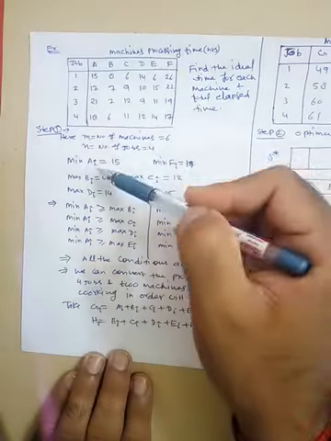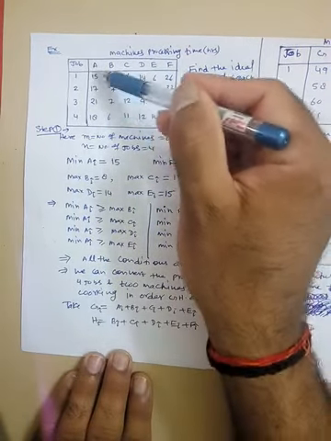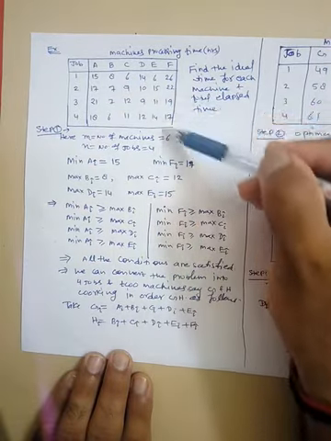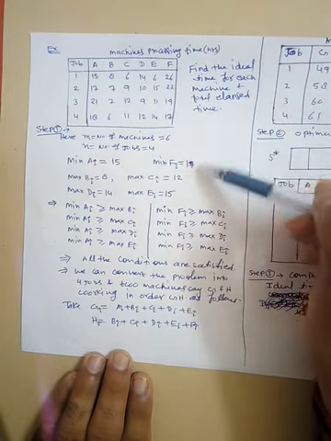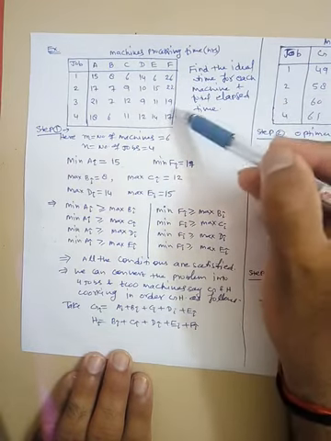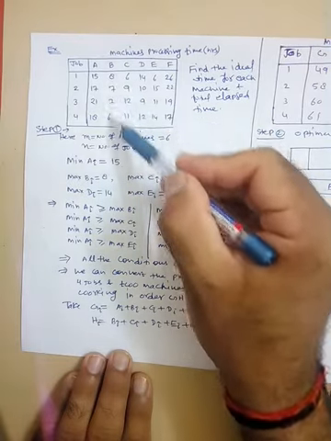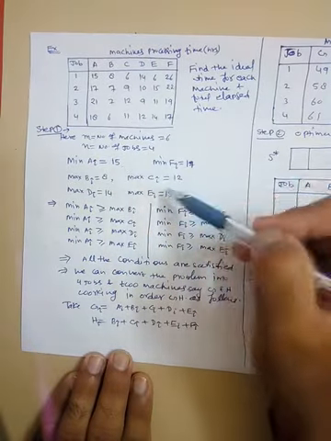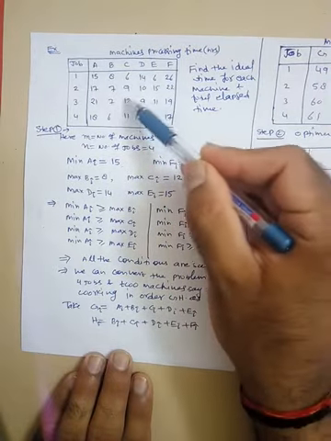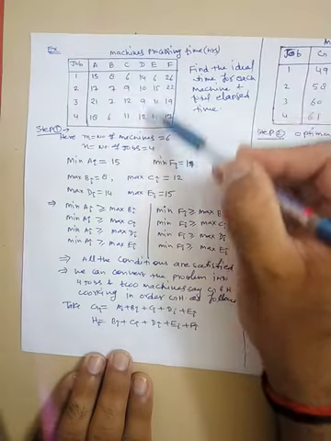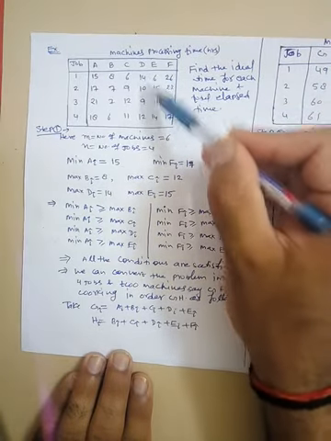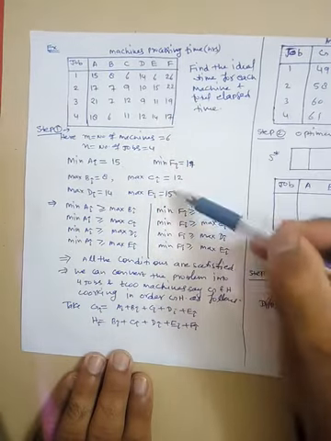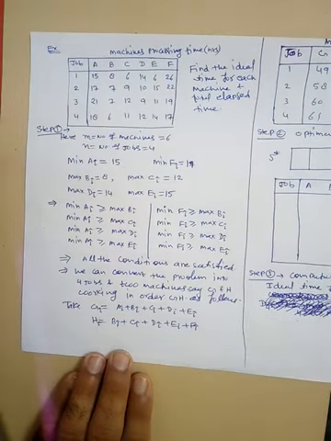The minimum of the processing time of machine A, that means the first, is 15. Similarly, the minimum of the last machine is 17. Then the maximum of B, the second machine, is 8. The maximum of machine C is 12. The maximum of machine D is 14, and the maximum of the second last machine is 15. Now we will check the condition.